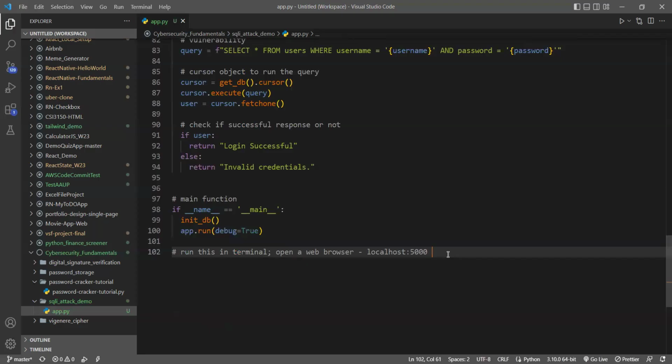So you either have to type this and type the following URL, or localhost's IP address, which is 127.0.0.1. So you can either type this as well. Now a note here,